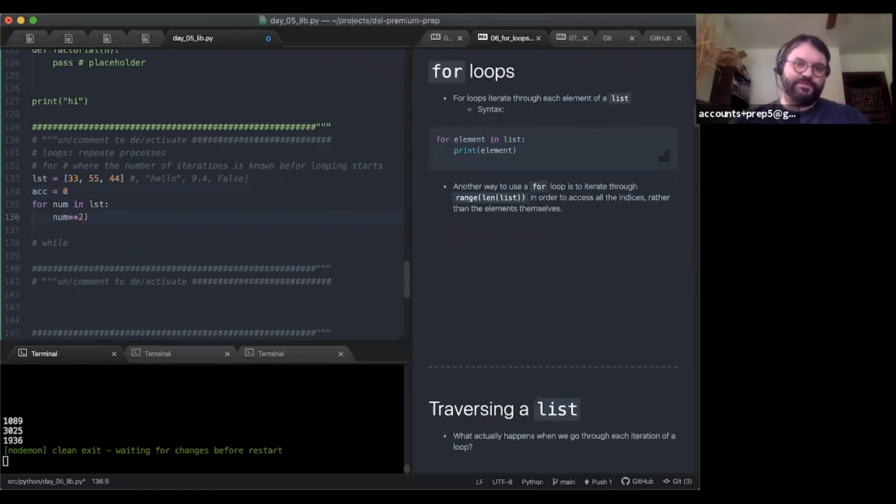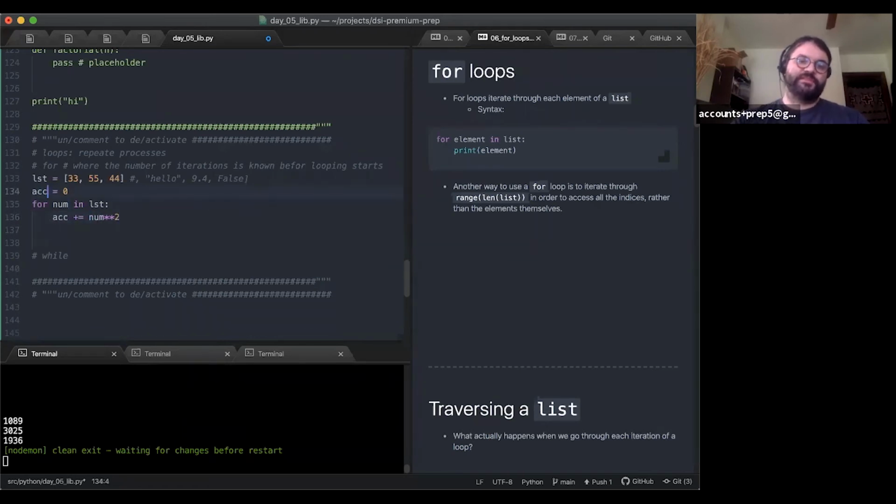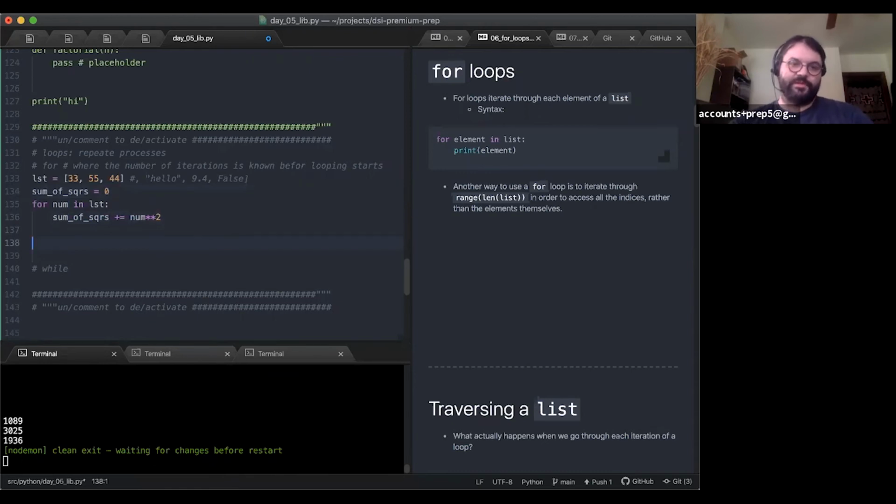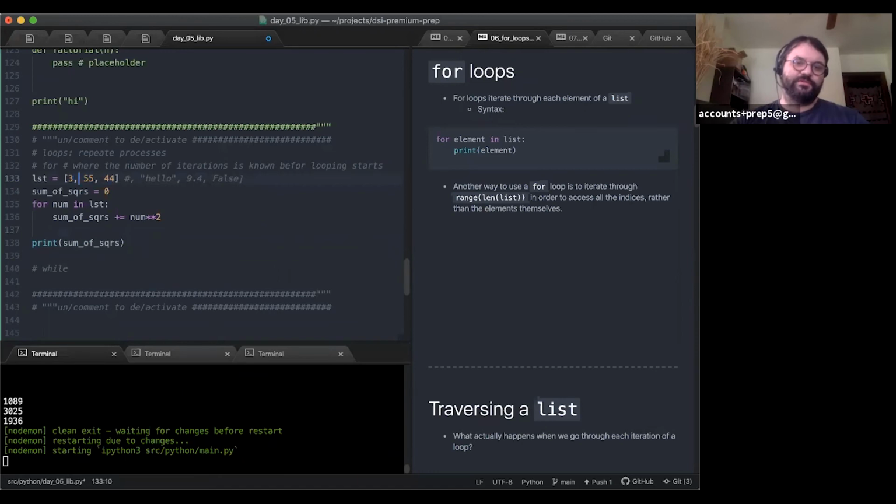And maybe I want ACC plus equals num squared. So this is actually going to be the sum of squares of the numbers from the list. So if I print the sum of squares, we'll see that. Why don't I do something much more reasonable?